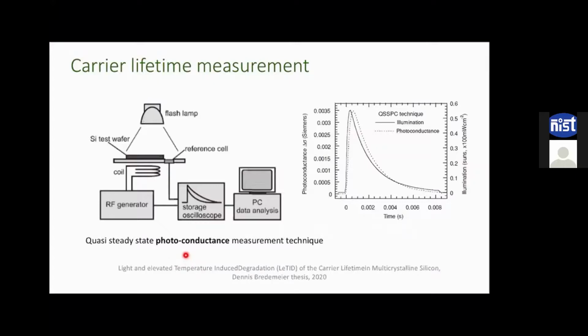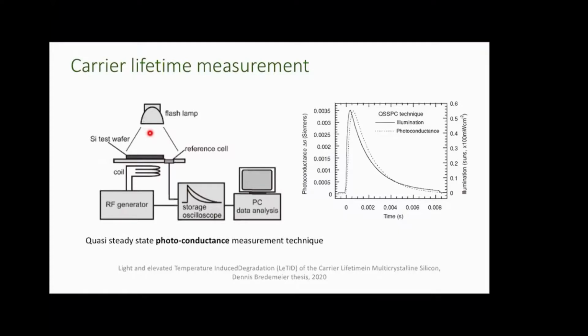And this is particularly useful for silicon solar cell technology, where we are having a flash lamp to illuminate your crystalline silicon test wafer. This silicon wafer is sitting on a stage, and we want to monitor the change in the photoconductance within this crystalline silicon as a function of the flash lamp intensity. So what this overall system will give me is the change in the photoconductance of the crystalline silicon wafer as a function of the flash lamp intensity.